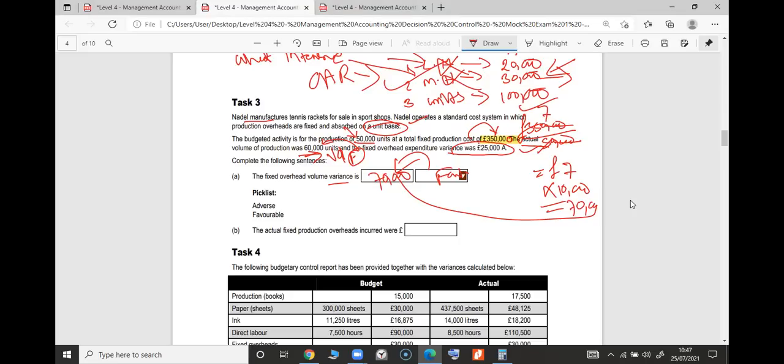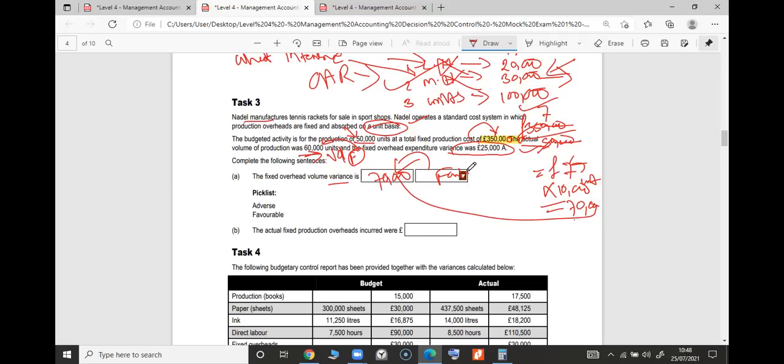Did you get it, people? Well, welcome. No problem, Shazad. This is the way of doing it. First, it is favorable by 10,000 units. But what is the cost of each unit? The cost of each unit is 7. So 10,000 times 7. So you are in a favorable position by 70,000. Of course, the more you produce in terms of fixed costs, the better. Fixed cost per unit goes down, isn't it? The more you produce, the fixed cost per unit goes down.